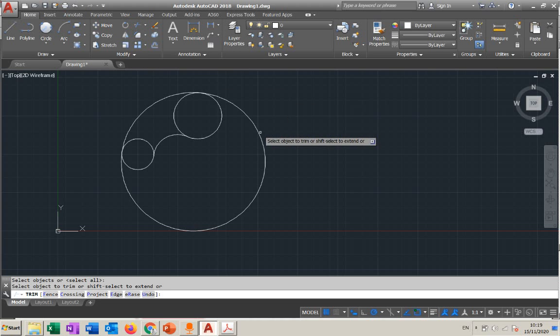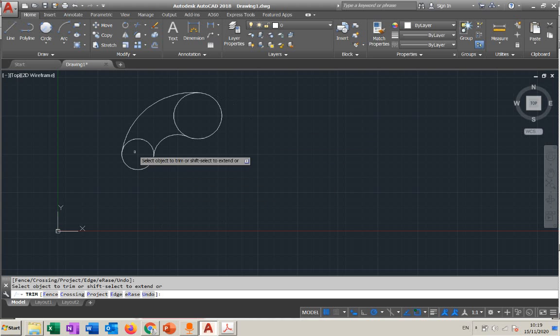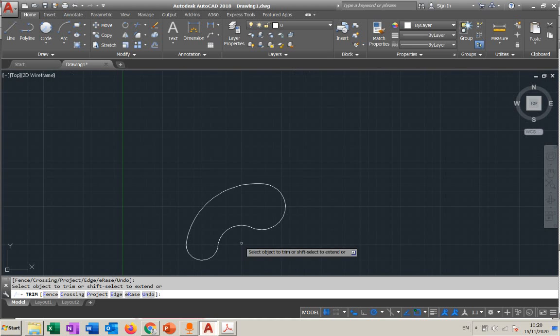Then look, I just hover the mouse over here. This part is gone. Hover the mouse over here. This part is gone. Oh, we have to click. Hover the mouse over here. Click. This part is gone. And we have the shape,